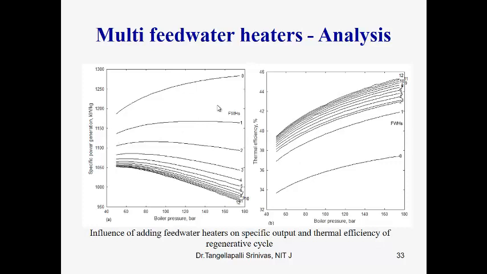The output is decreasing by incorporating the feed water heaters. Let us start from 1, 2, 3 up to 12. It is analyzed, but the efficiency is increasing because of the saving in the boiler. We can see a big jump from 0 to 1. There is an efficiency rise, and it keeps increasing but at a diminishing rate because of the loss of steam in terms of output.